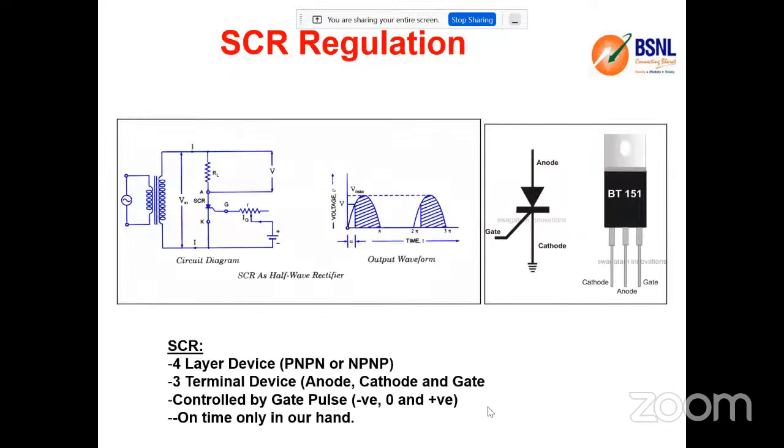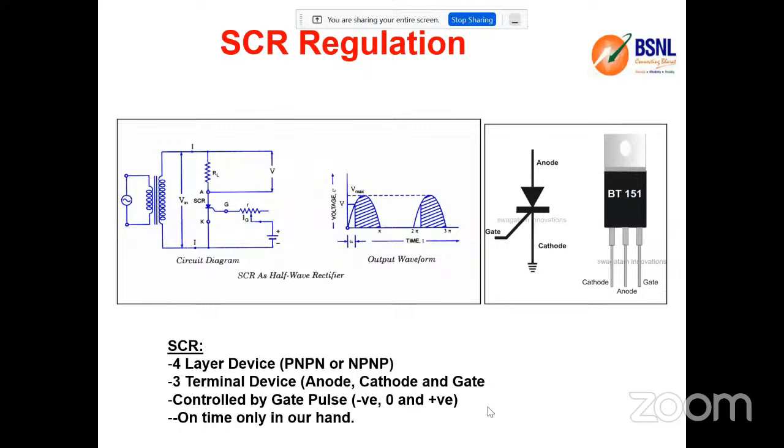In SCR, silicon controlled rectifier regulation, hopefully you know about the basic control of triggers. There are two terminals, anode and cathode, which are controlled by a terminal called the gate. With the help of pulses, we can switch on the SCR. By delaying the gate pulses, we can control the output voltage or the conducting time. Like that we can have the regulator, so that we can change the output voltage based on the requirement.